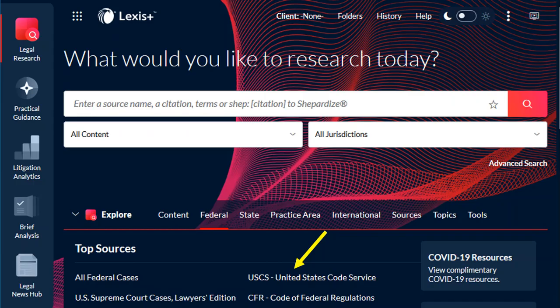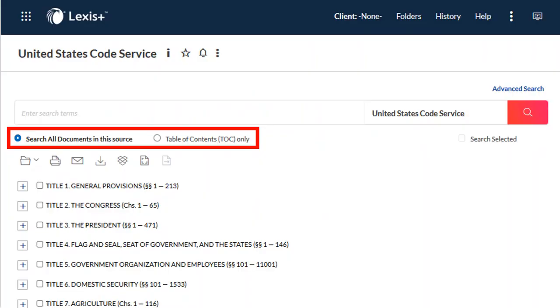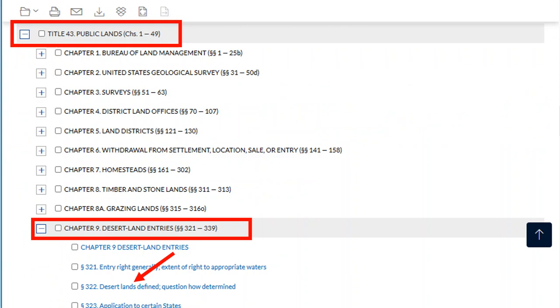If we don't have a citation or even a popular name, we can choose the U.S. Code service as a database. We have the option of searching the table of contents or the entire code, or we could browse to find a relevant statute